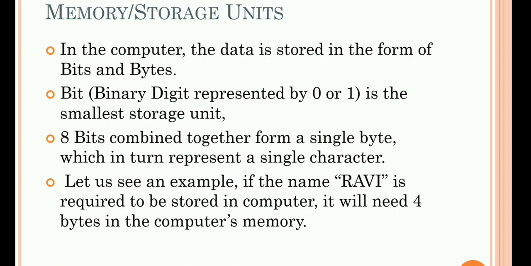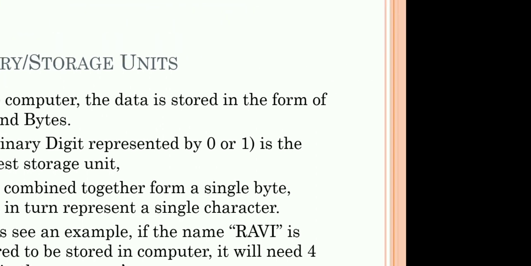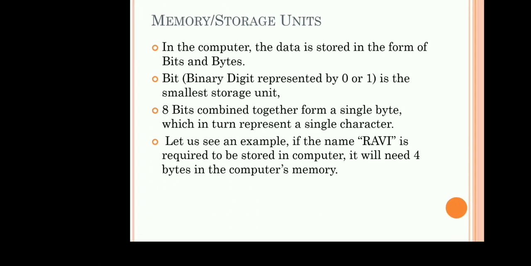So once again, I'll discuss the same topic. Generally, everything is stored in the computer memory in the form of bits only. Bits can be represented by 0 or 1. Fine. It is the smallest storage unit. Combination of 8 bits is known as 1 byte, and to store a single character on the computer system we need 1 byte. Fine. Let's start with another slide.